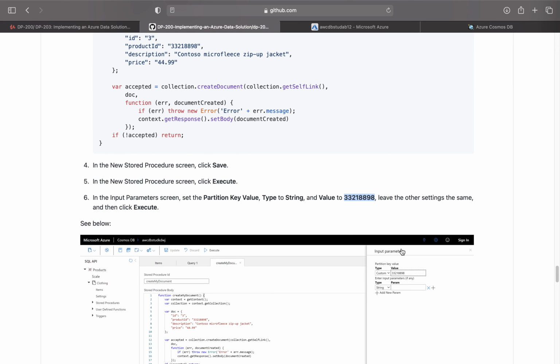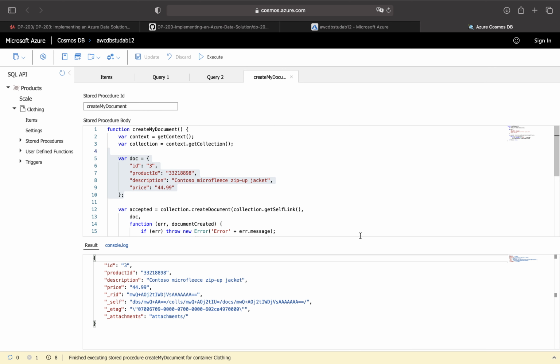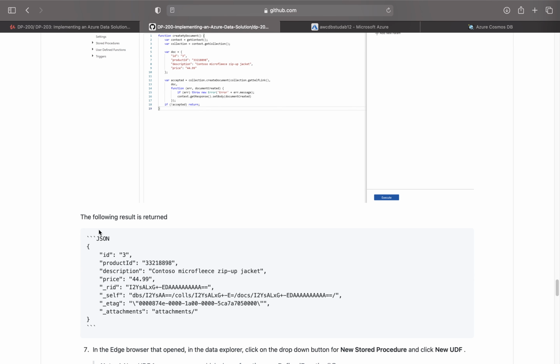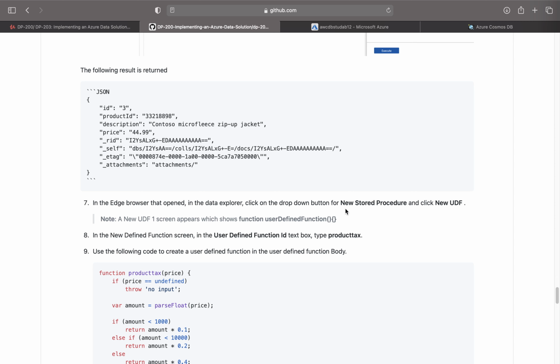And let's see, is there anything else that we did? No, we did not do anything, so that's all we needed. And execute, and there you go. That's the result that I got. So the following is returned, so that is good. In the Edge browser,